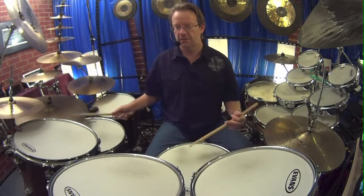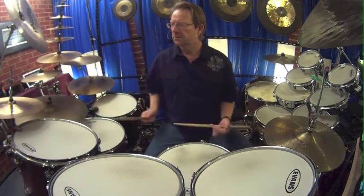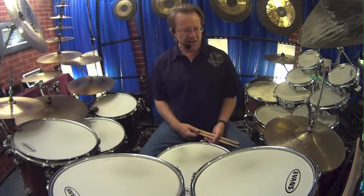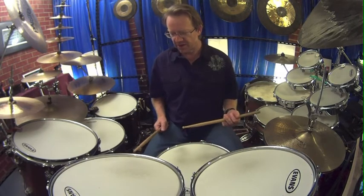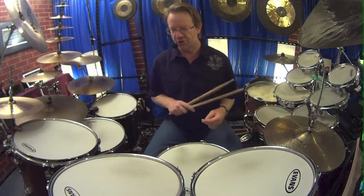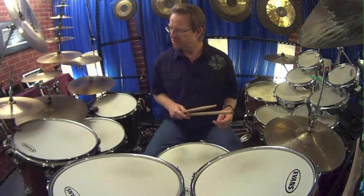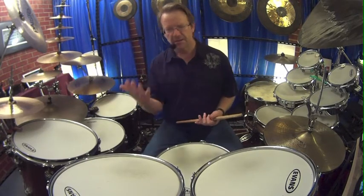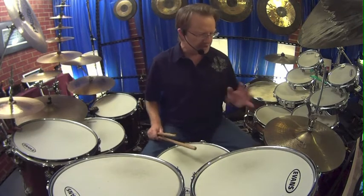Or left kick. Flam. Flams don't work too well on one bass drum, but they work great on two. I'll show you what I mean. This is the 22-inch bass drum here. I've got two, a 20-inch and a 22-inch. You just got to watch it a little bit. But if you've got a second bass drum,